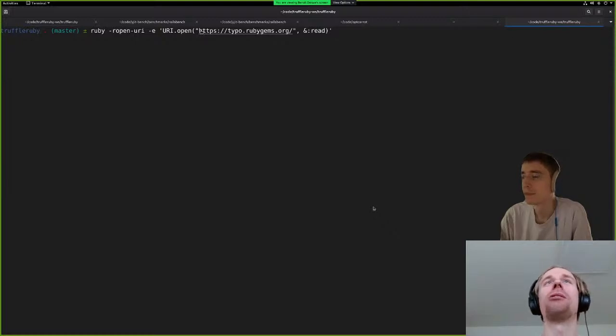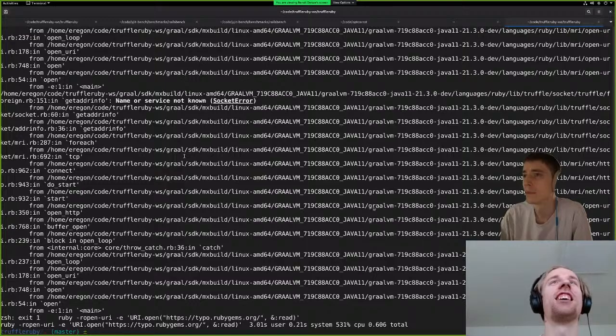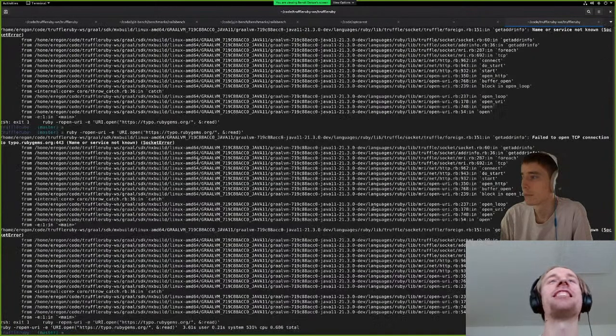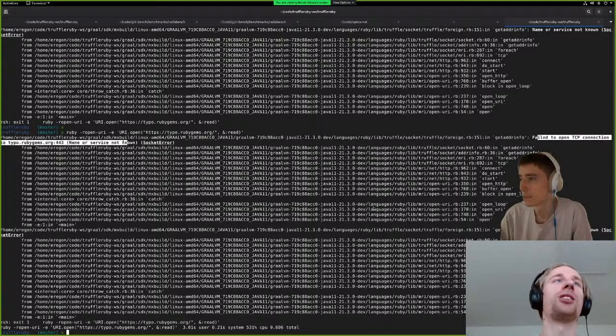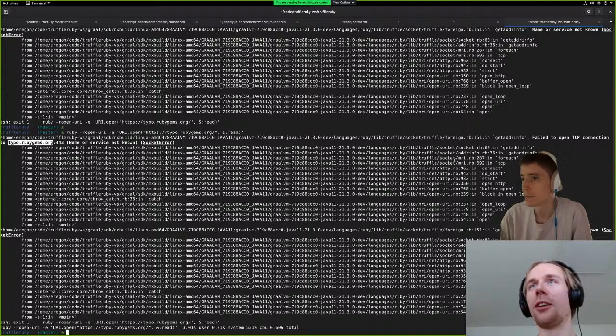So I'm trying to query typo.rubygems.org, which obviously doesn't exist, and I get an exception. Oh, surprise! But the interesting part here is, okay, we get "fail to open TCP connection" because this domain doesn't exist, of course, right? But what we can look at,